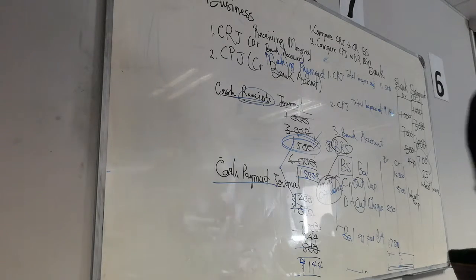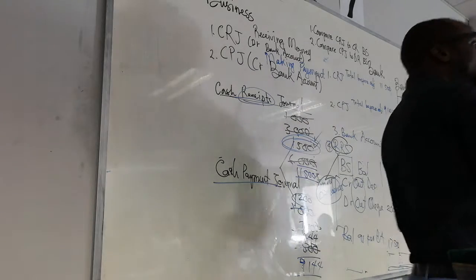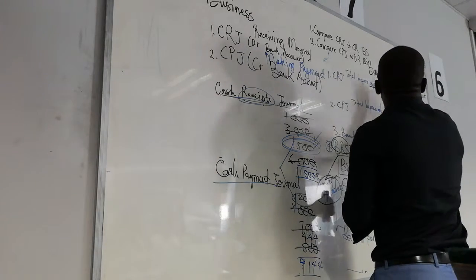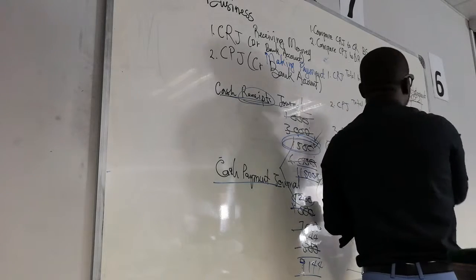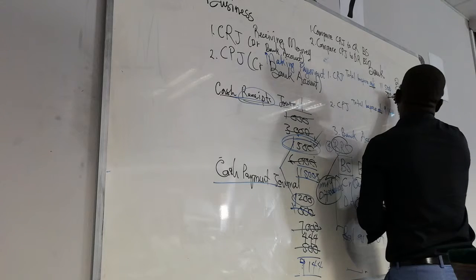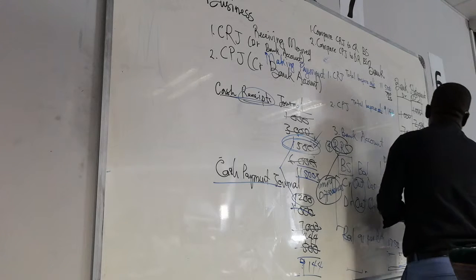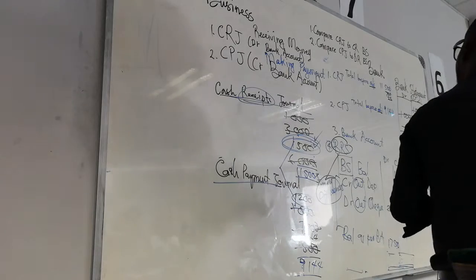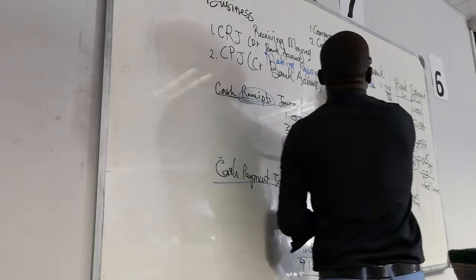Are we together? We don't have this 700 in the journals. We don't have this 23 in the journal. We call those adjusting differences because we must go and adjust our totals in CRJ and CPJ with whatever is on the credit side. We will write it here as 723. And then once you write it here, you cancel it. You write it here, you cancel it. And then what are we left with? Maybe the 440. So timing differences will be in the BRS. Now, adjusting.